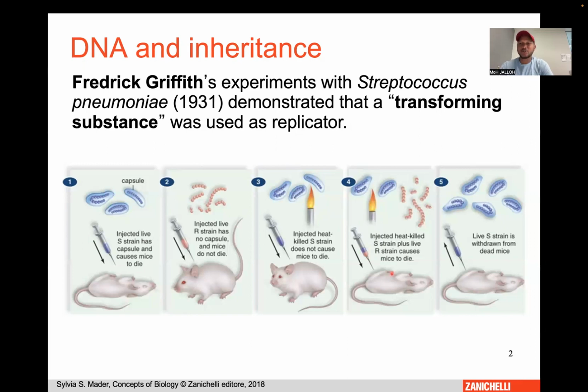So what happened here was a transforming principle. Although the rough strain doesn't kill the mice on its own, whenever it is mixed with the smooth strain, it transforms itself from the rough to the smooth strain. So that's a transforming principle. And we know in molecular biology, transformation takes place. You have the ability of converting DNA to RNA and RNA to proteins, and so on and so forth. We have these things in molecular biology. Living organisms have the ability to convert themselves into different things whenever they want to carry on some form of